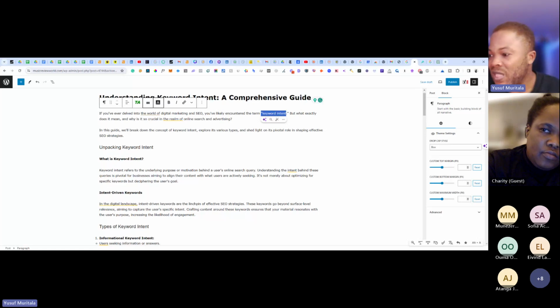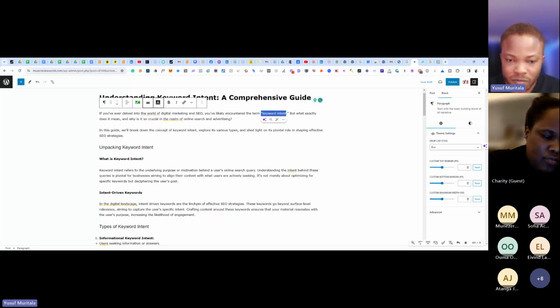And that leads me to the second tip: any content you write, the keyword you want to rank for should at least be in the first paragraph. You understand? Should be in the first paragraph.